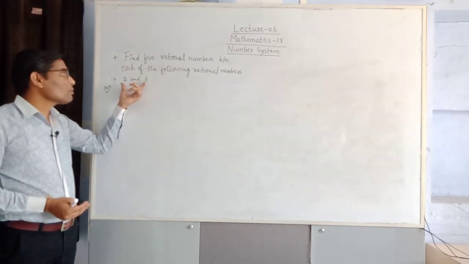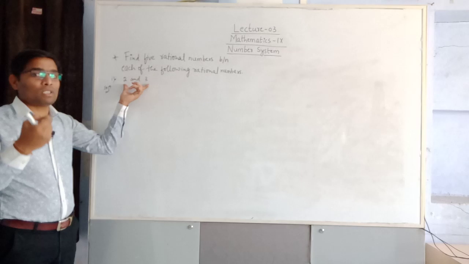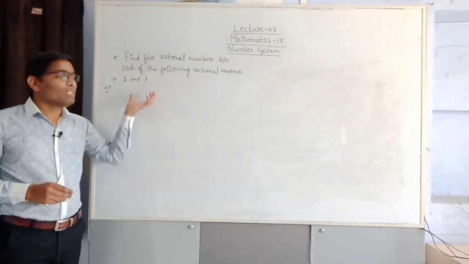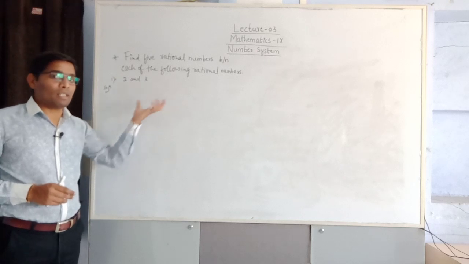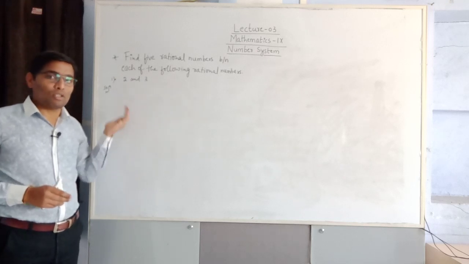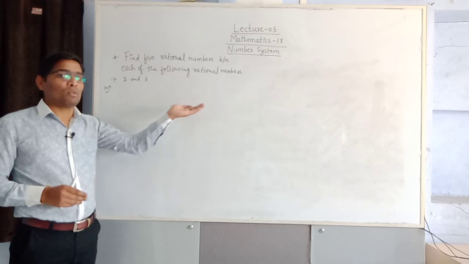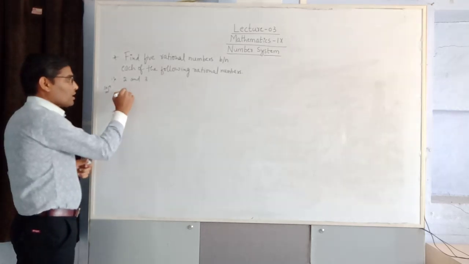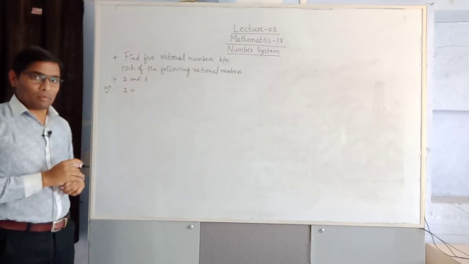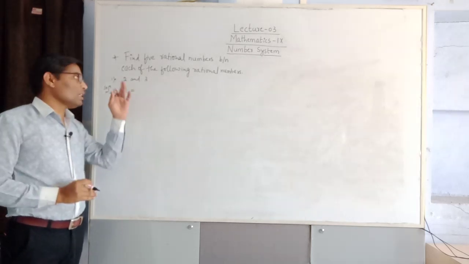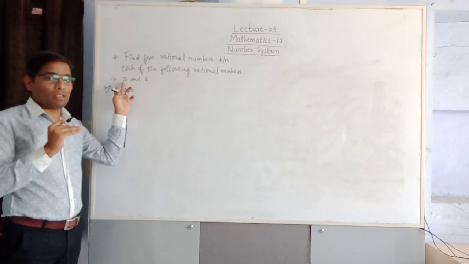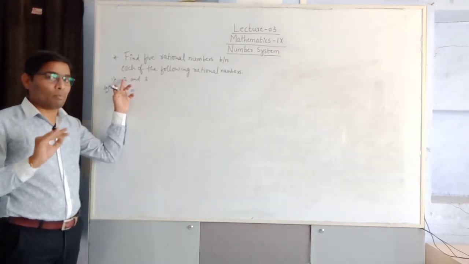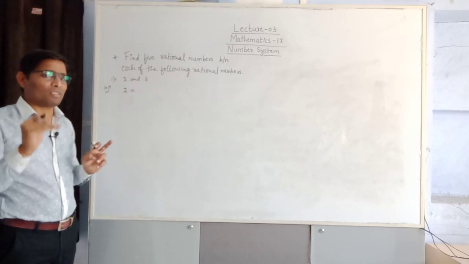The first one, when both are positive integers. Here there is no fixed answer. These types of problems have indefinite answers, meaning the solution varies from one to another. Now let's discuss how to find them. The first step: if the given numbers are not in the form p by q, we need to write them in the form p by q by writing the denominator as 1 or something else.